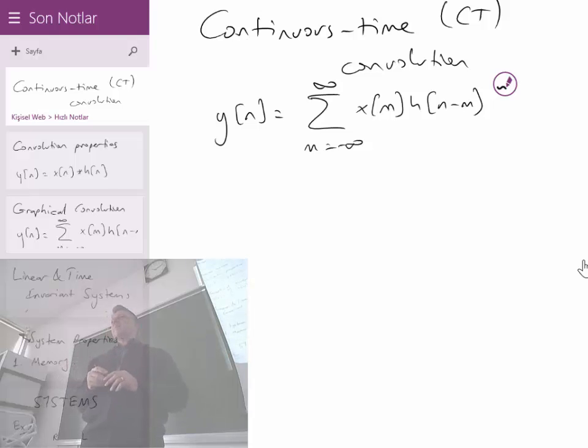But suppose that somehow magically, by the way, it's not possible. I'm sorry to say that. But suppose that somehow you could get an impulse, which is not a physical signal in time domain reality, but suppose that you have it. What you can do is make a black box experiment, apply it to the continuous time system, and observe the output. What will be the name of the output? The name of the output will be impulse response, right?